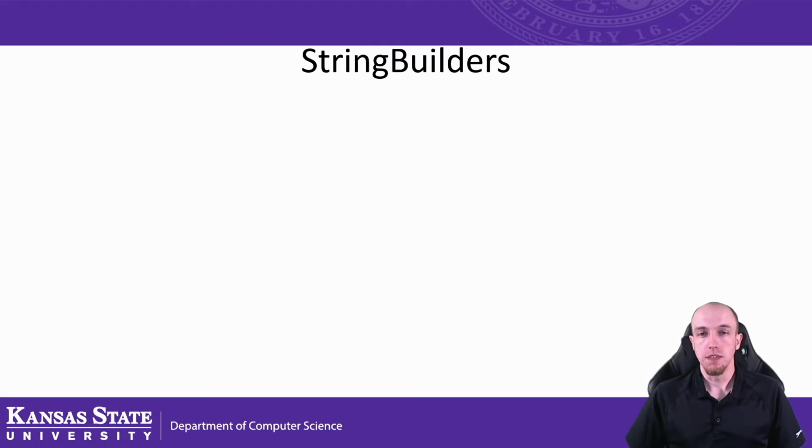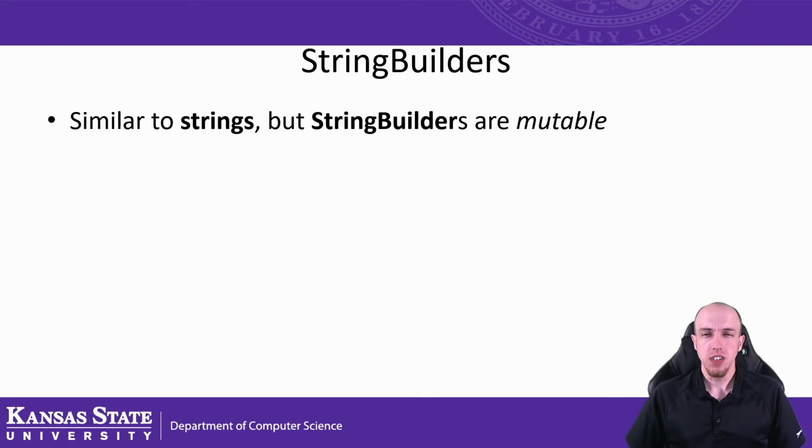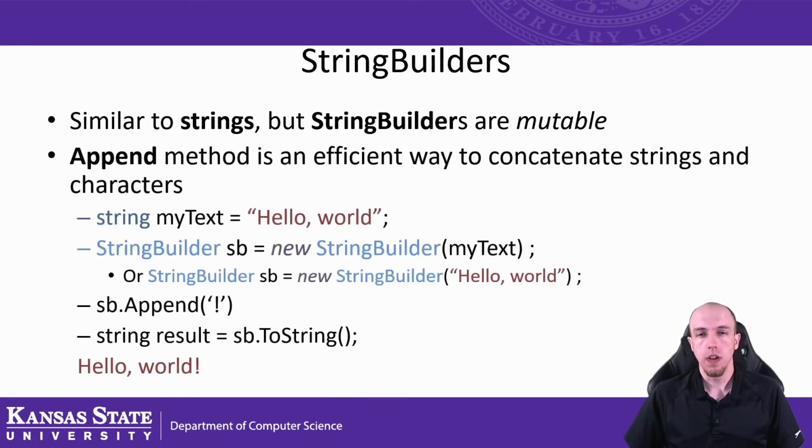That is why we have string builders. They operate just like strings, but are mutable, so there's a lot of time saved behind the scenes when you're actually modifying data, because there's not a new object created every single time the data structure changes. One of the easiest ways to build your string is to use the Append method. Let's take a look at a few ways on how this actually works.